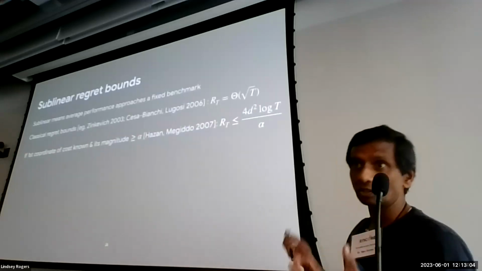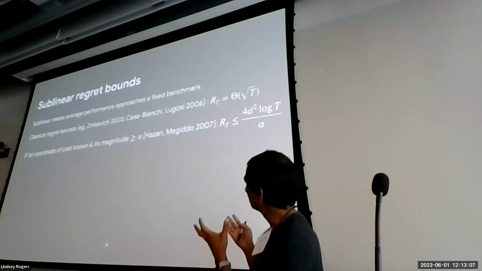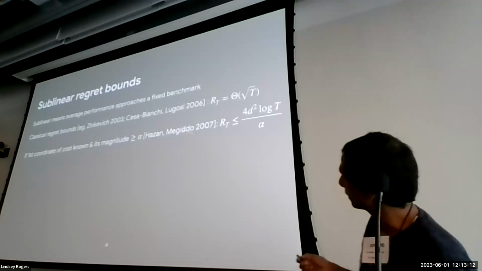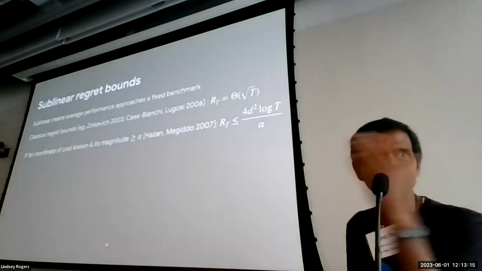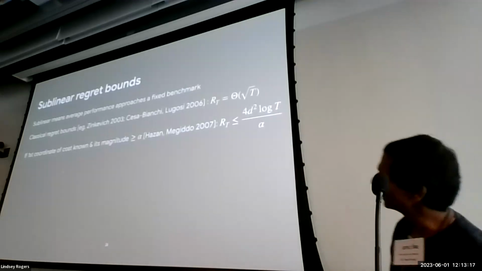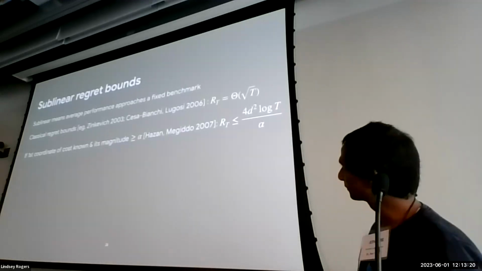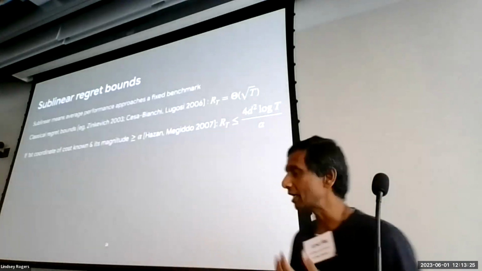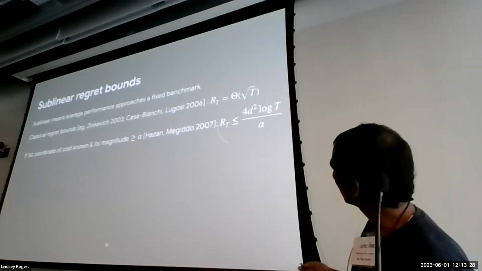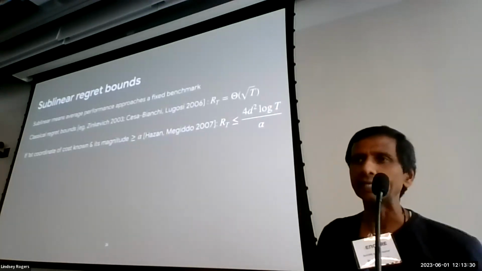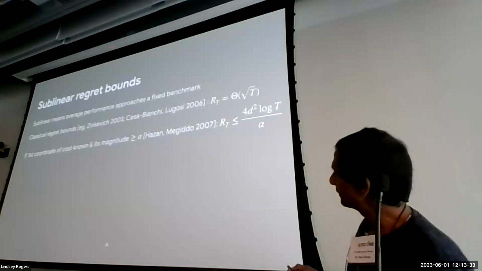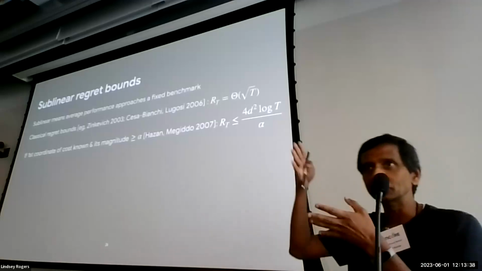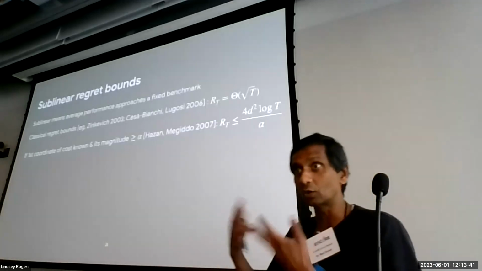As I said, we are not the first to ask this question, though the earlier work didn't pose it this way. But there's a nice, more recent paper of Elad Hazan and Tomer Koren showing that if the first coordinate of the cost is known, and it is sufficiently large in magnitude, more than alpha, then you can design an algorithm to get basically log regret. But it's a very strict assumption: I need to know the first coordinate precisely, and it has to satisfy the strong correlation property.